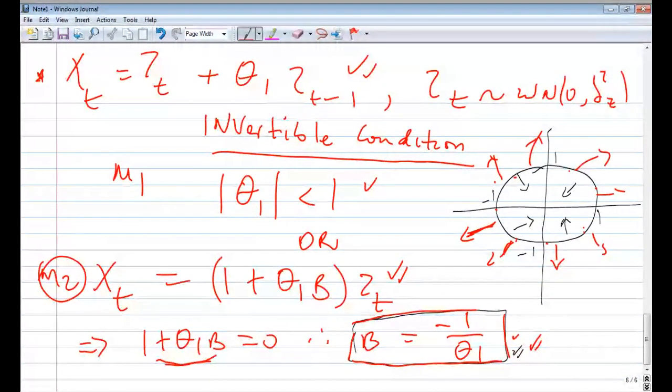Thank you, sir. Okay, now let's proceed. Like I said, the moving average processes are always stationary. So if the moving average processes are always stationary, we are allowed to calculate the autocovariances and autocorrelation functions. So now let's calculate the autocorrelation function. Let me just go to the next page.